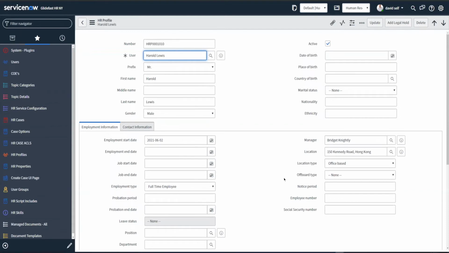So if they have SSO enabled, that won't work. Because if there's an HR profile and no user record, there's none of that. The ACLs can't be, the roles can't be assigned to the HR profile. It has to be assigned to the user record. So you just have to have a pair between the two. And for every given sys user record, there should be an HR profile, barring any NUIDs or system integration IDs